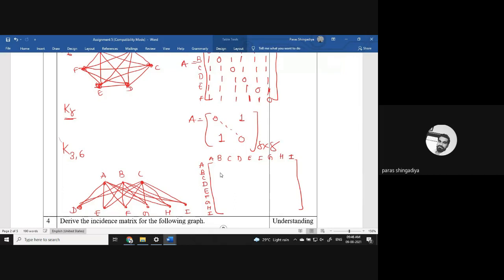Okay? So for the rest, what will be everywhere here? 1 1 1 1 1 and 1, okay? B to C is 0, and for the rest here it is 1 1 1 1 1 and 1. Okay? Same for the third row, that is for C. What will be here? 1, because it is connected with the opposite 6, and A is also opposite 6, okay? This is for the third row.